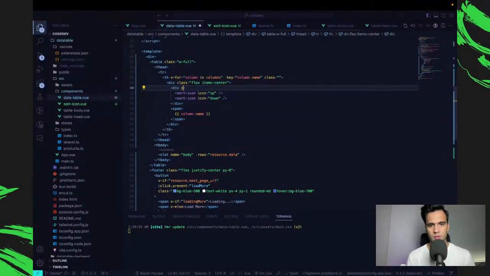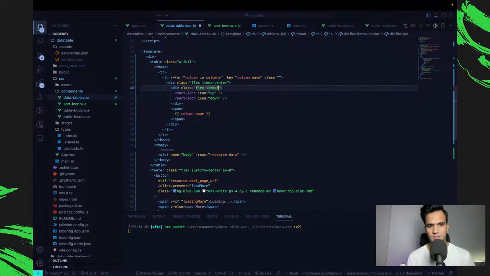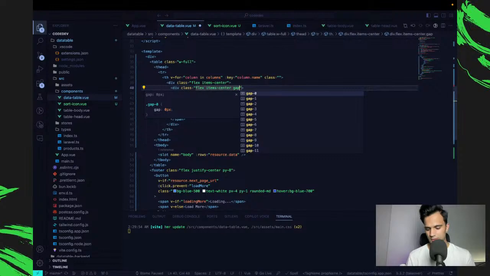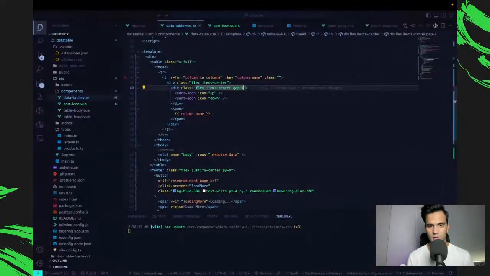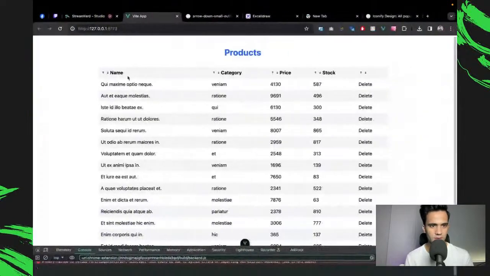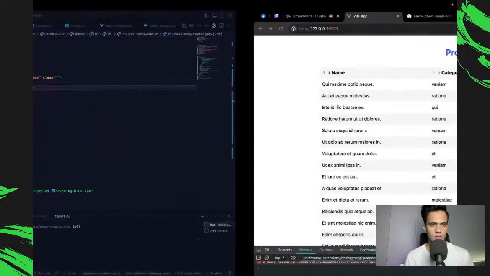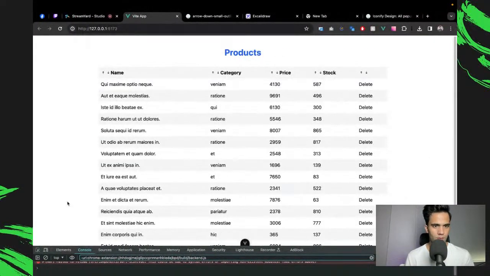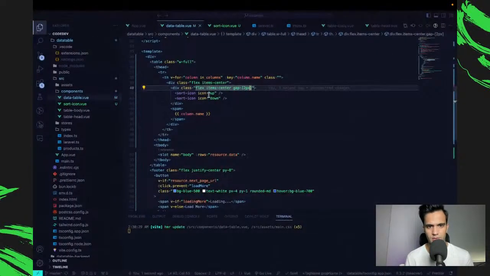I also want this to be flex. And again, items-center, gap, let's just say 1 for now. Maybe not even 1. Let's just leave the gap altogether. Maybe I do need a gap actually. So let's just say gap 2 pixels. Not so ideal, but anyways, it serves the purpose somehow.